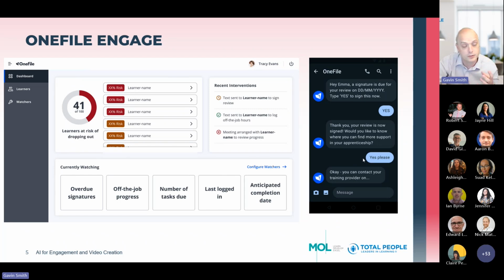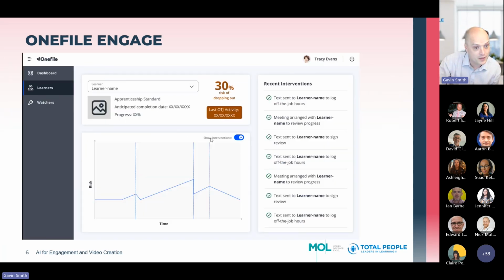And really quick stuff, because one of the things we found through linking with learners is sometimes logging into a system is a barrier. It's like, oh, I'll do that in a minute, I'll do that later. So having the ability to use the mobile phone a lot more, text messaging, should hopefully quicken up those processes. Then we start looking at, well, we have those interactions. What works for that learner? So an email.